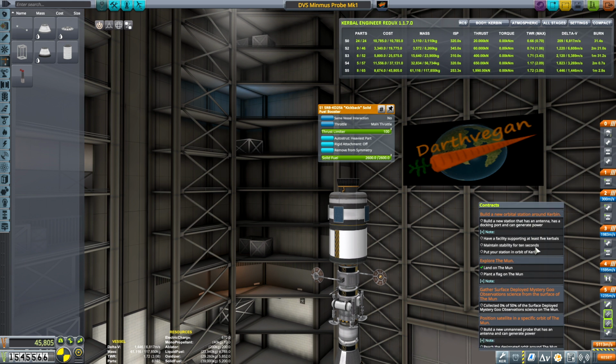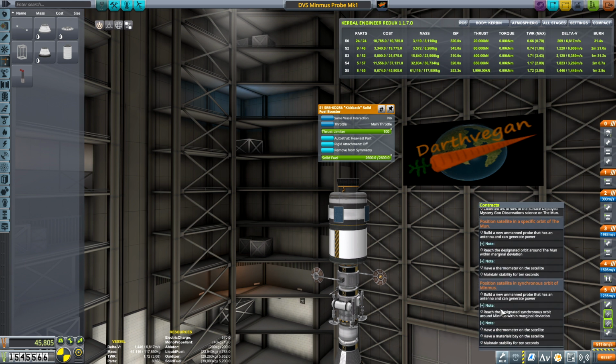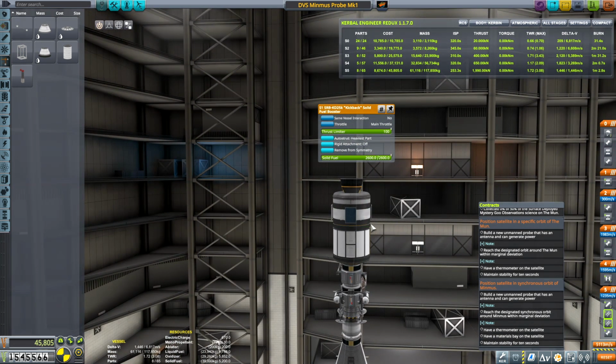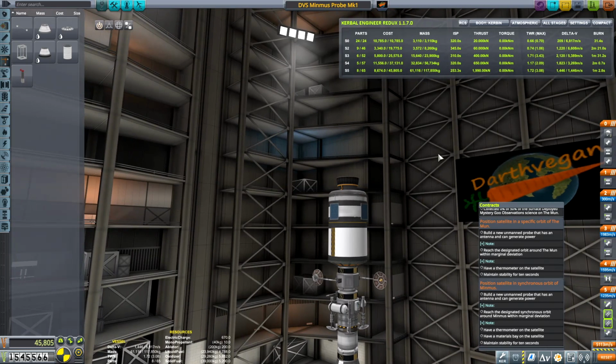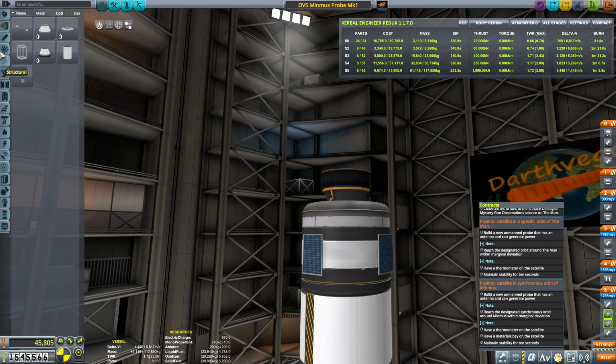I want to just double check the satellite for Minmus. Unmanned probe generates power. Yep. Reach synchronous orbit. Okay. Thermometer, materials bay. Okay, we got it. I think we are ready. It's got a battery, it's got propanoid, it's got solar panels, it's got an engine, it's got fuel. I don't know if that's going to be enough fuel. I'm thinking it's probably not, but I'm not sure what to...